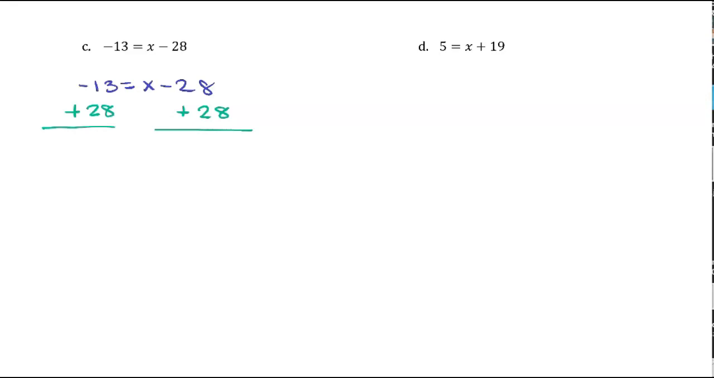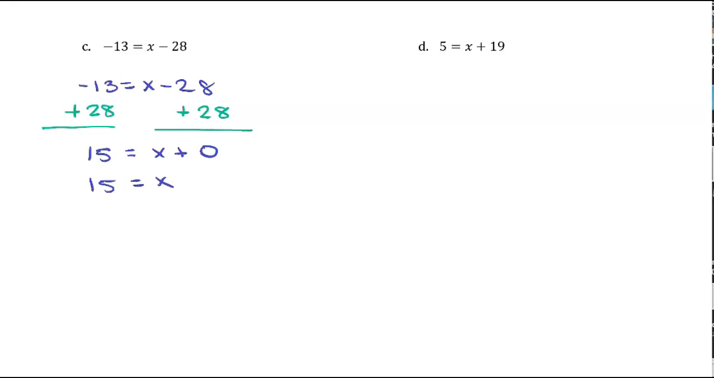Adding 28 on the left side gives us negative 13 plus 28, or positive 15. On the right side, I have x minus 28 plus 28. Well, a negative 28 plus a positive 28 is 0, so this becomes x plus 0 on the right side, or just x. This tells us that x is equal to 15,